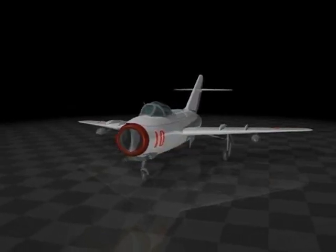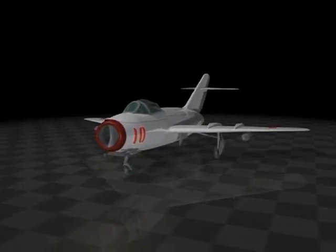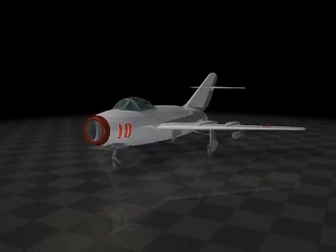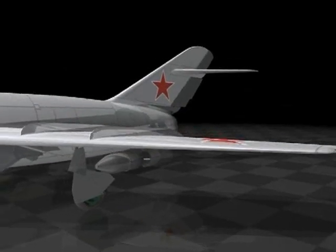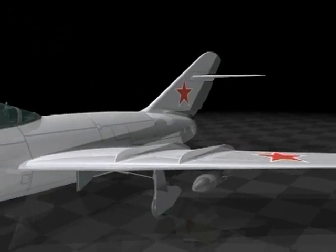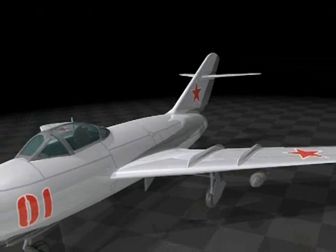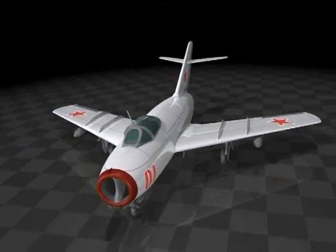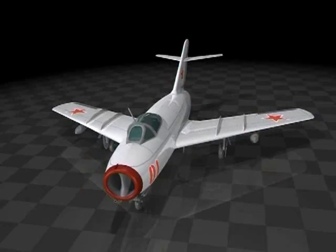However, it was usually able to evade pursuit, with a rate of climb 900 meters per minute faster than American-built Sabres. The MiG's smooth silver outer skin, bubble canopy, and metal-skinned wing certainly caught people's attention. But despite the MiG's advantages, the superior training of the American pilots gave them the ascendancy, and F-86s